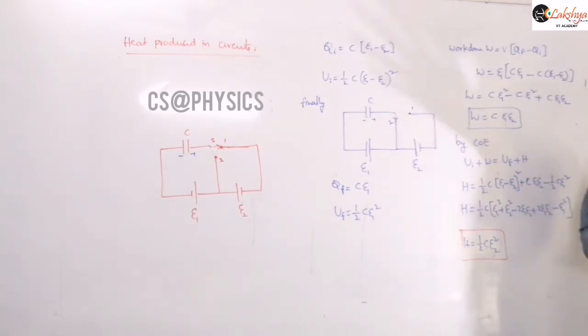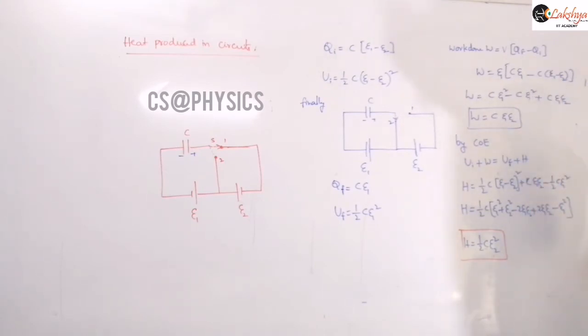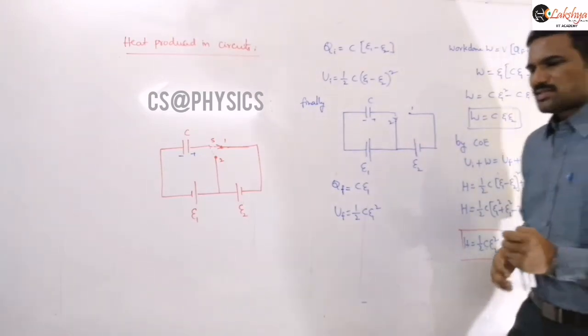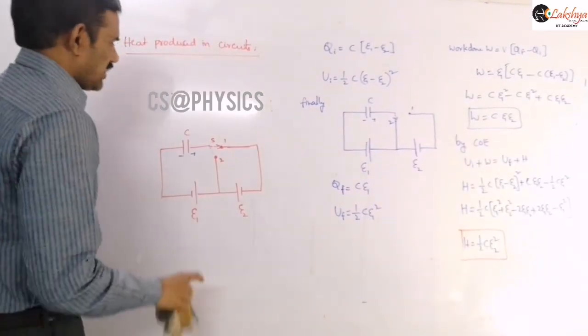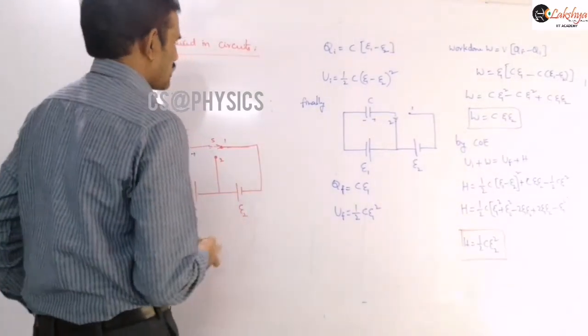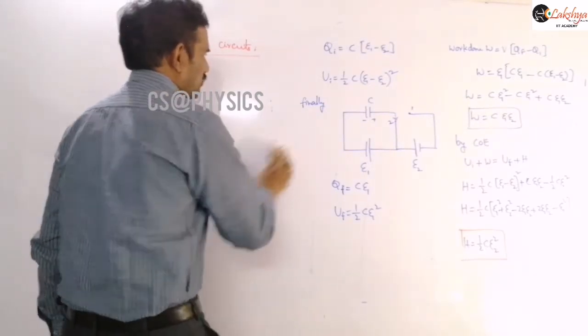You can observe that for every problem we are doing the same procedure, whether it is a simple circuit like this, or if numericals are there, our procedure is the same for the heat calculations. These heat calculations are important, and next we will discuss charge flowing through the switches. Those problems are important, and this is the procedure for that. And now let us see one more interesting question. All these are IIT questions that we are discussing. This question is from IIT, and next I will draw another interesting question that is also from IIT.